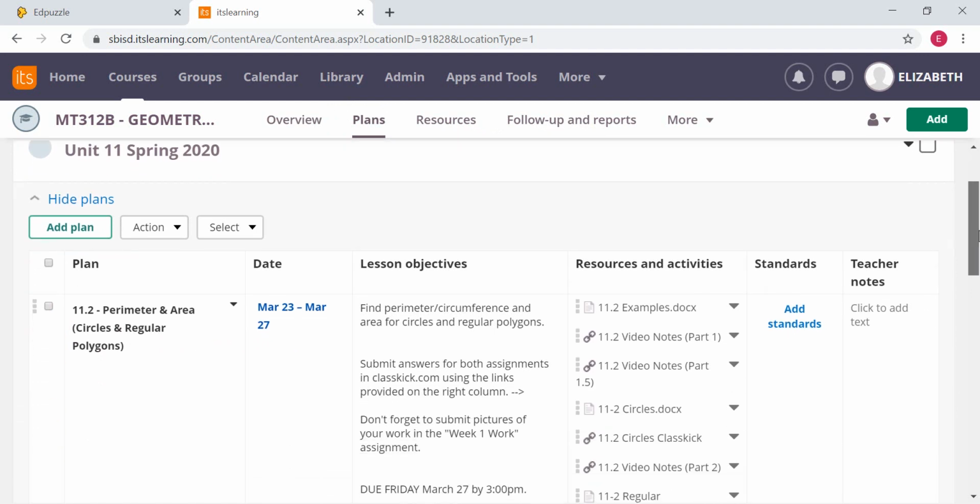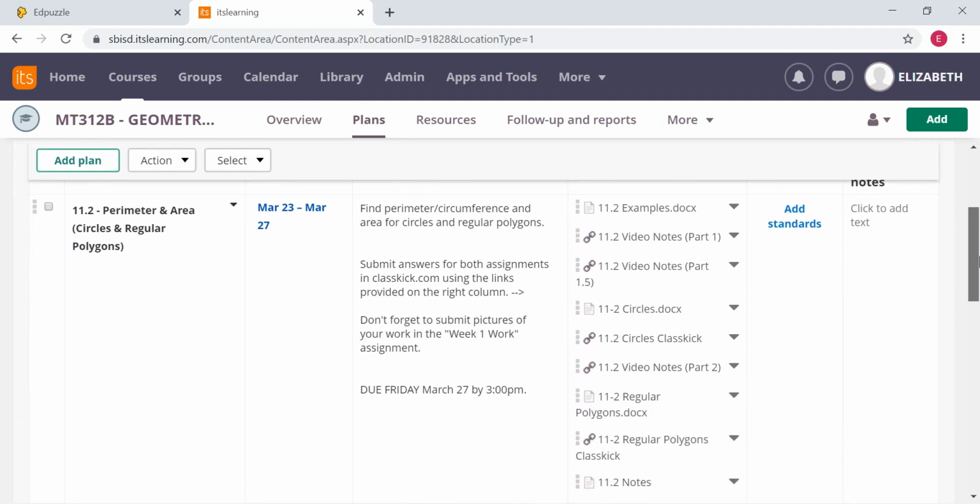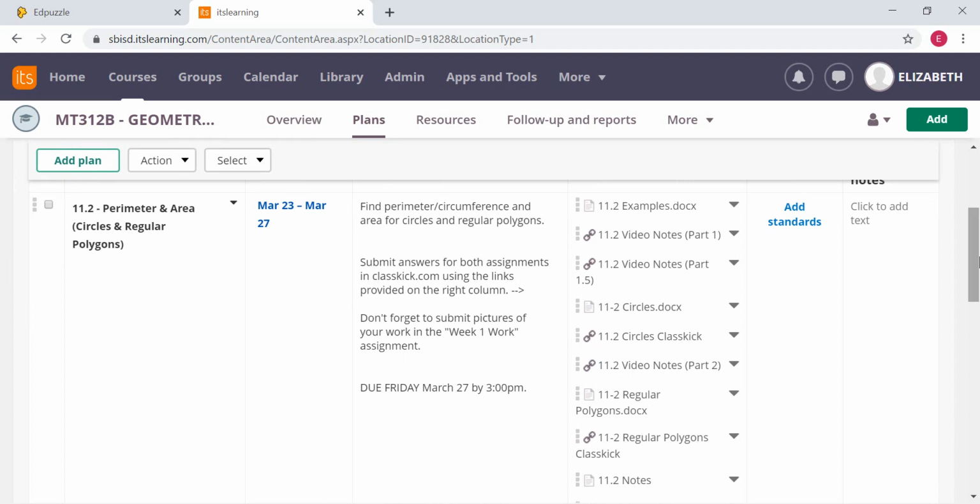And then there's going to be a plan for each week. So right here, this is the first week of school, online classes, March 23 to March 27. We're going to be working on perimeter and area for circles and regular polygons. So everything that you need is going to be right here in this plan. You can access everything straight from here. You're going to have videos that you have to watch, assignments that you have to create. You're going to have to submit answers in ClassGeek like we've been doing, but I'm going to walk you through it. So you could either choose to navigate straight from here, or if you just click on the very first thing,